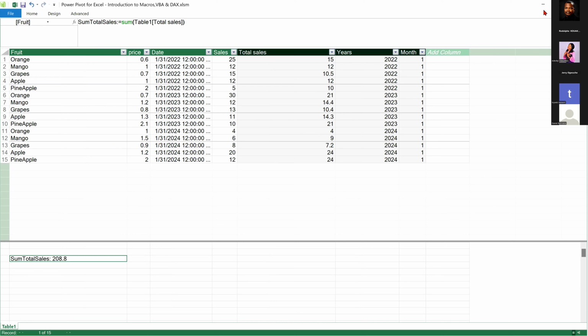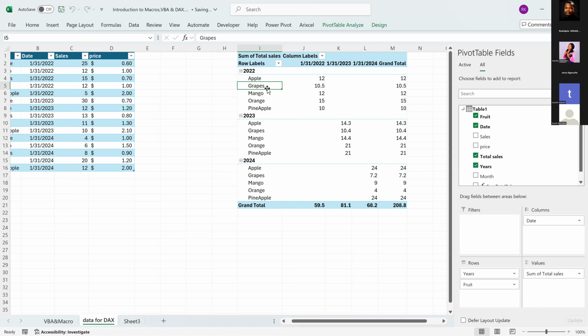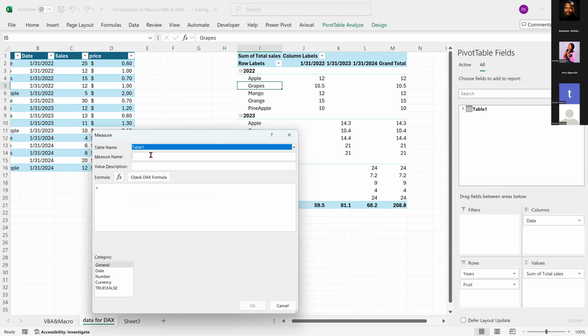we click on add measure. We give a name to that measure. Let's call it total price for orange only. And now let's use a filter to do it, because you see we have many fruits in our data set. But what I want is total price only for orange, right? So I need to use a filter function to give that